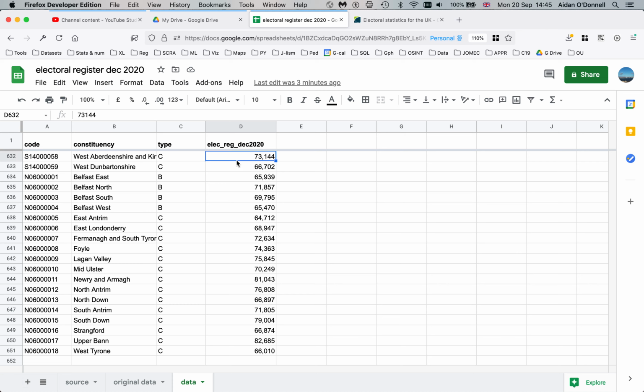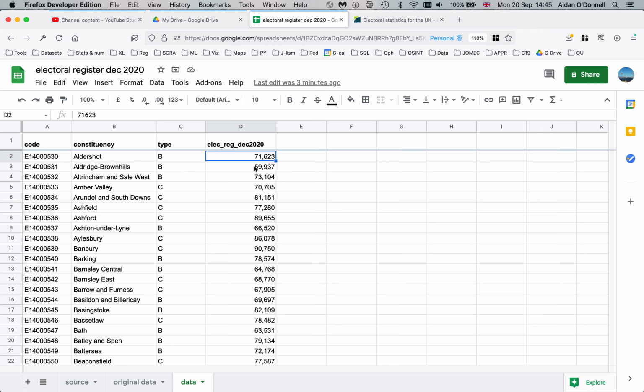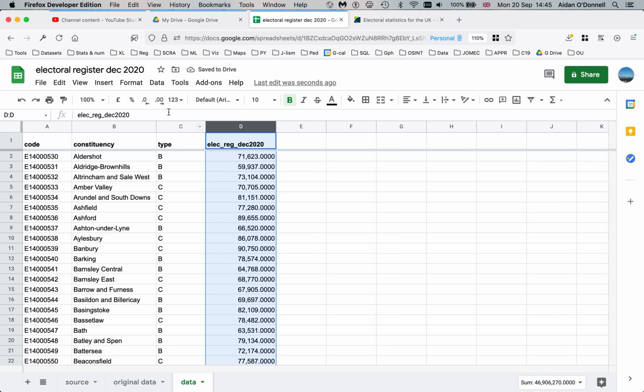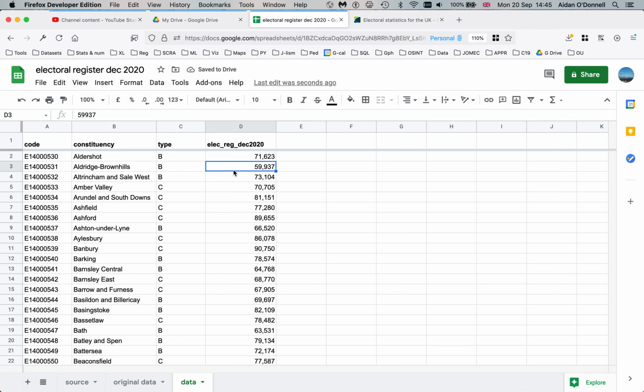Now, the one other thing you might want to do early on with numbers is, if we come back up to the top, you might decide that you don't have enough decimal points, or that, as more often happens, you have too many decimal points. And up here you'll find these little menu buttons. This will increase. So you're unlikely to want to do this, but sometimes you get data coming in and it's got lots and lots of decimal points, and you want either just 2 decimal points or none, and so you can reduce them by using the corresponding button on the left,